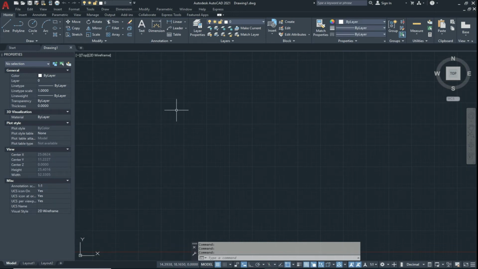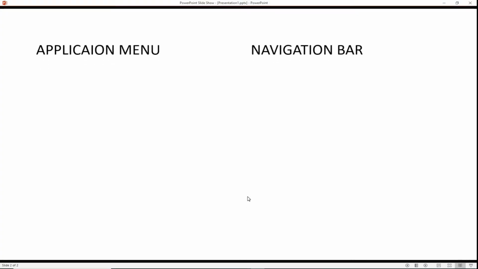So this is our user interface, and here first we see the points of the user interface. These are the points we can see in our user interface of AutoCAD 2021.